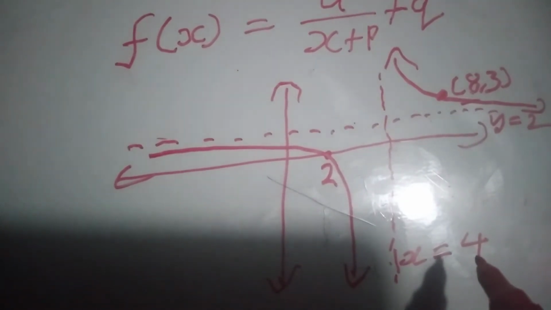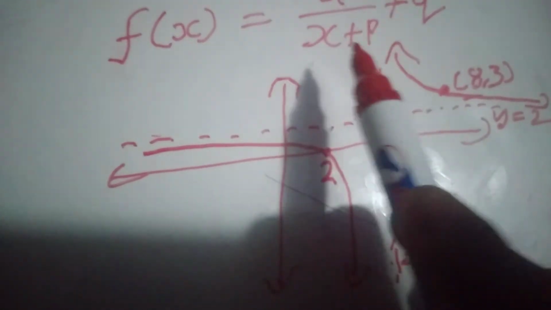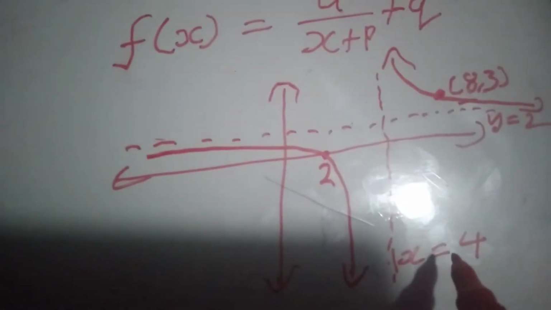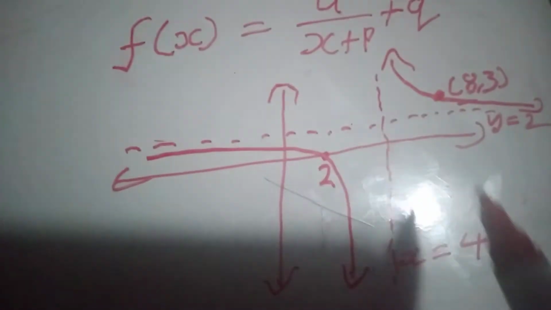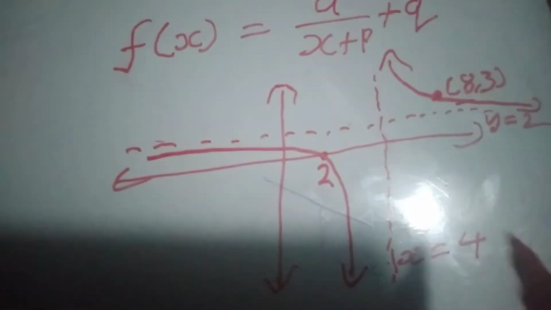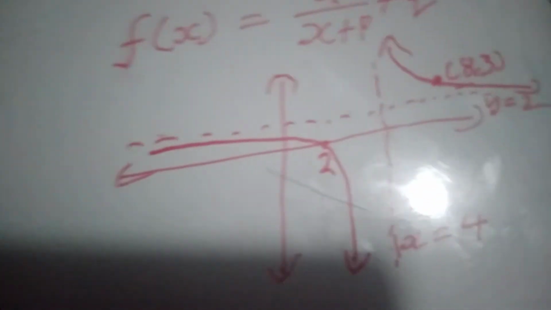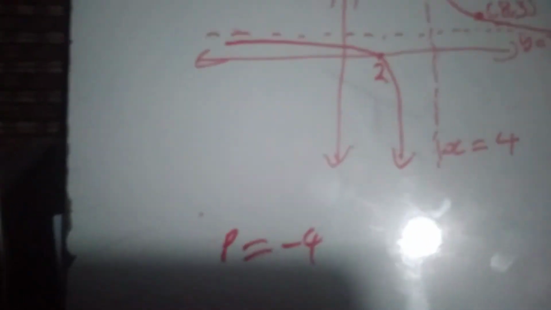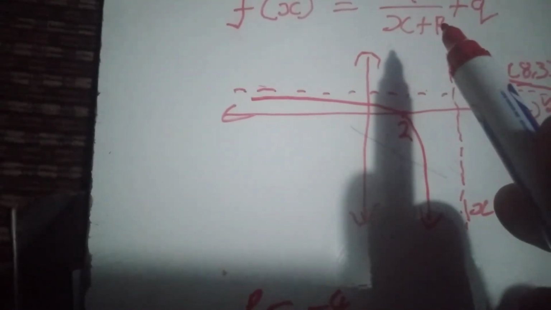So we have to get a number such that when we substitute there, it will end up being the opposite of that, because we don't want to have x plus 4 there and also plus 4 here, because usually it contradicts. Usually, if here it's plus 4, it's supposed to be x minus 4. So it means p is actually supposed to be minus 4, so that when we substitute it there, we'll have minus 4, while in the graph it is plus 4. So our p is actually minus 4, and then q